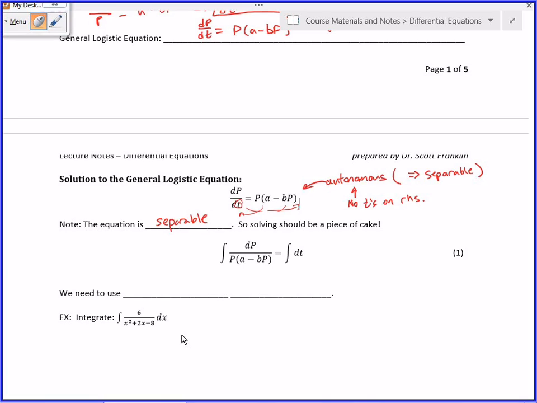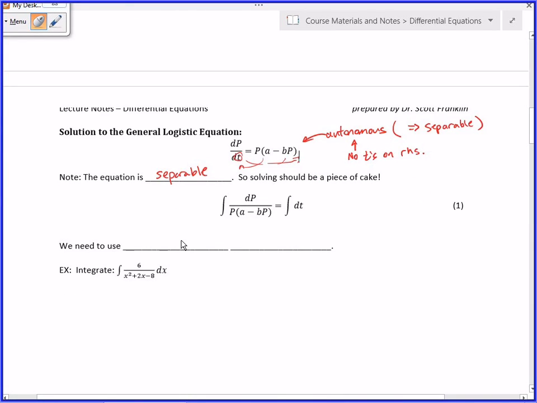How do you solve something like that? Isn't it just natural log of that? Oh no, because you've got the product, P times A. So before I fill in the blanks, just as a review, do you know how you integrate something like this? There's a couple ways. Actually, the way that I'm thinking of is, first of all, to do this: 6 divided by factor. x plus 4, x minus 2. So you take the 6 over x plus 4, x minus 2, and you set it equal to